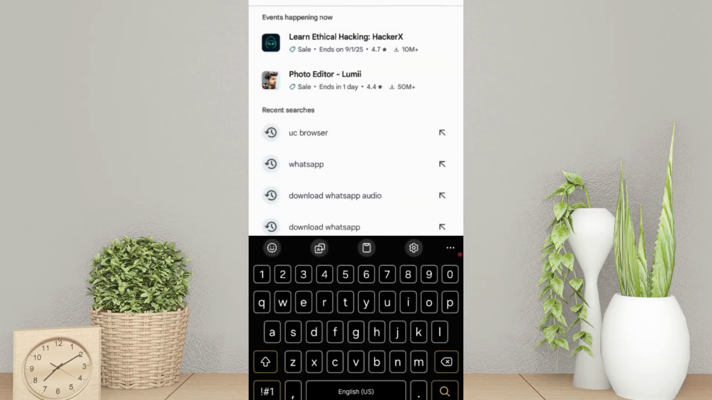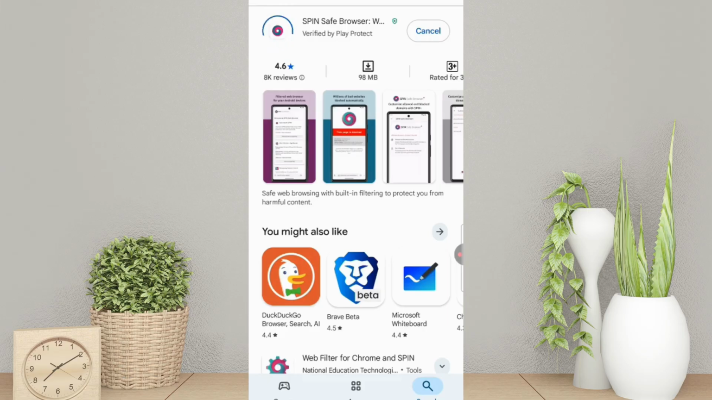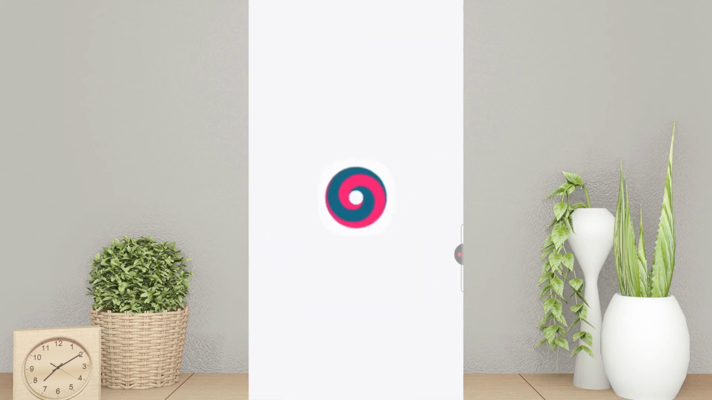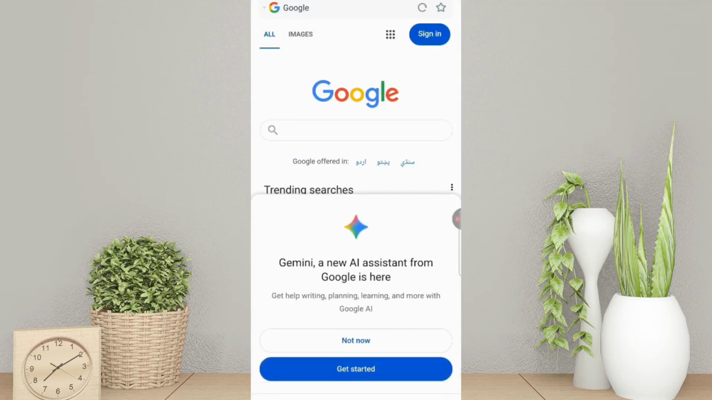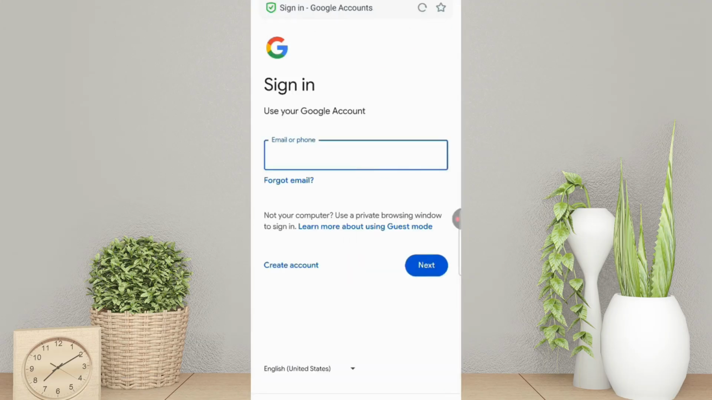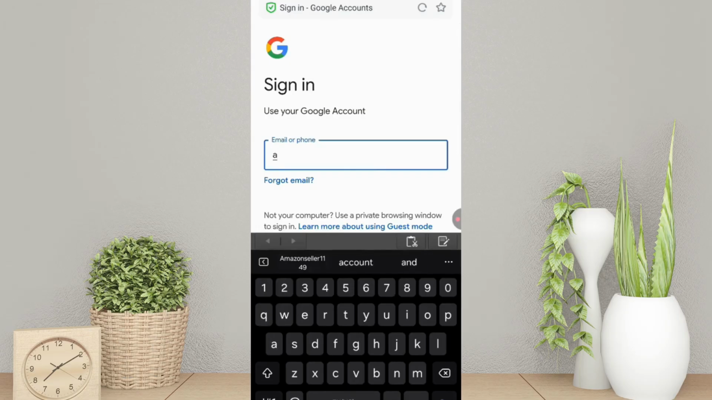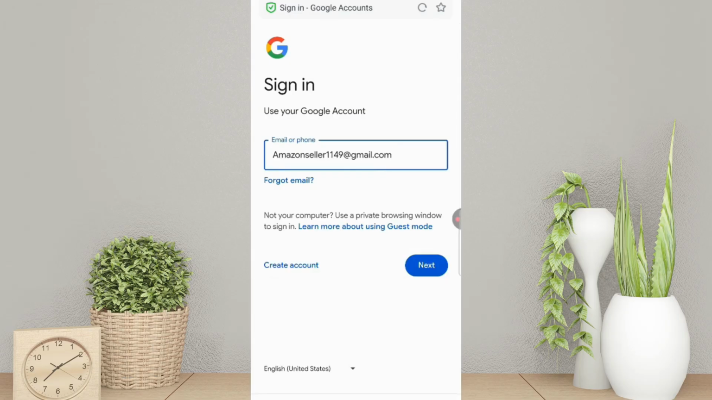Here search Spin Safe Browser, and you have to download and install Spin Safe Browser. After installation open this browser and then here you have to open google.com and then tap on sign in. Now here you have to enter the Gmail account that you want to recover and then tap on next, and